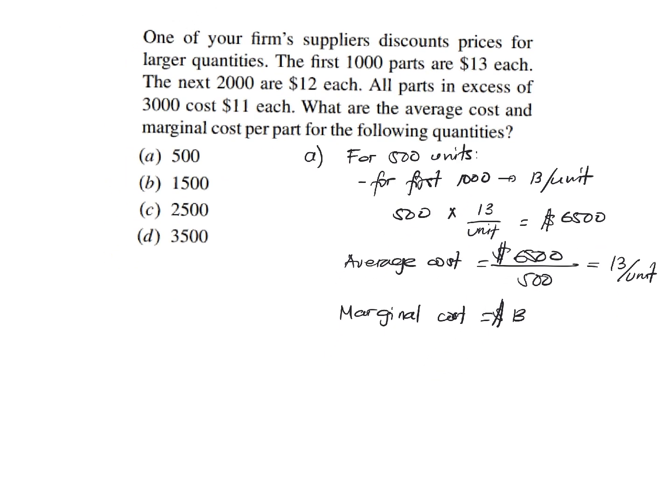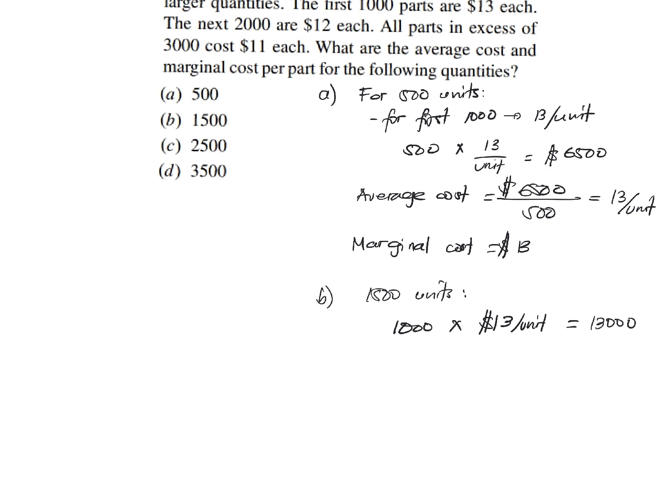So let's look at example B. So example B is for 1,500 units. So for 1,500 units, the first 1,000, right? So the first 1,000 parts are $13 per unit. So that will give us $13,000. And then the next 500 will be $12 each. Okay, so 12 times 500, that will give us 6,000. So the total is